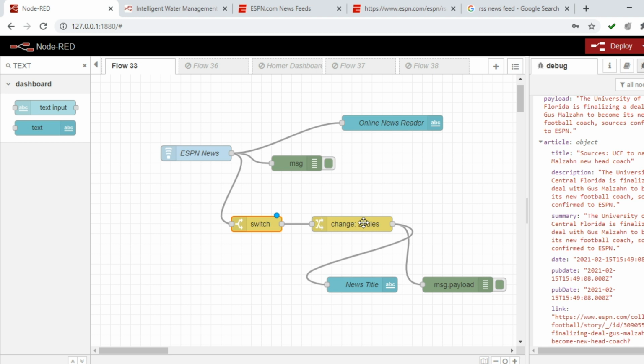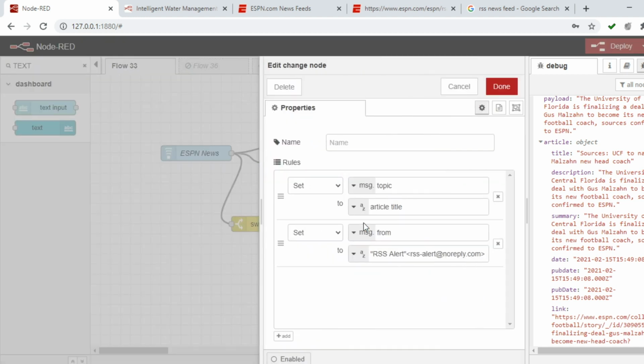Then the change rule, double click your change node. So here you just set message.topic. So from topic till title, article title, you can filter it. Then message from to, this is if you're working with email, then you can give this message from to, else we can ignore it.